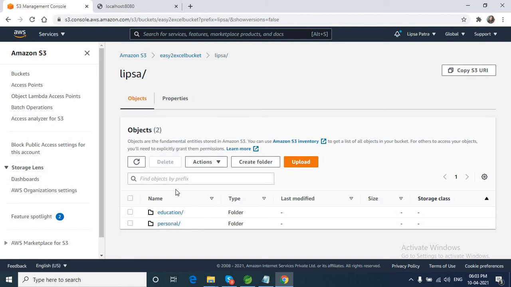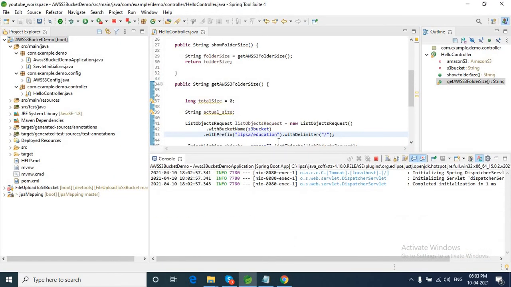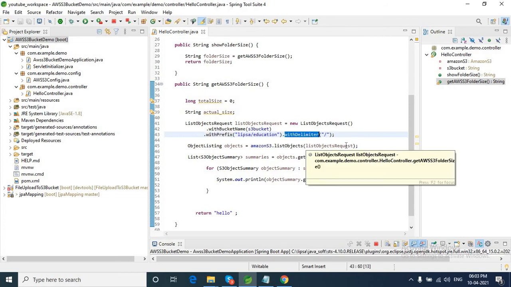It removes everything. So that's why it doesn't give us the files inside education. Clear? So I hope you understand what is the prefix and the delimiter and how we list all the objects inside AWS S3 by using the prefix and delimiter.